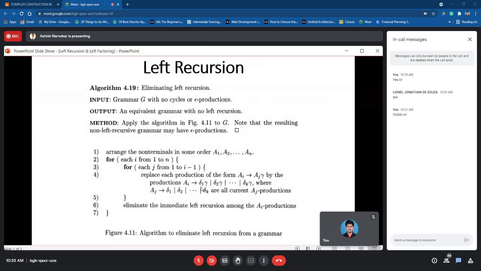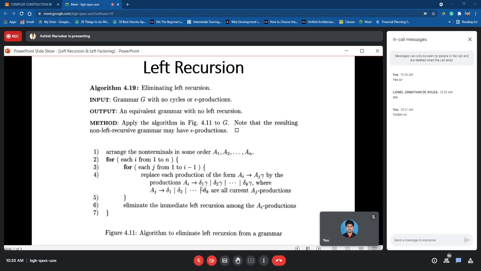Then we set up a loop such that we consider every production to be indexed from 1 to n. If we have two productions, it will be 1 and 2. Then you take every production, that is, A derives whatever the production is, and check whether that particular production has left recursion in it. In case there is a left recursion, then you need to replace it by the rule of the form which I already wrote on the whiteboard.